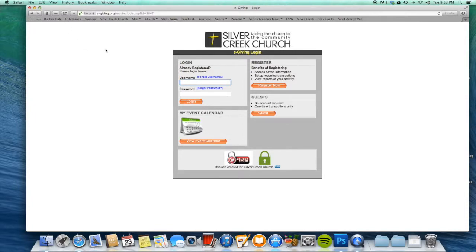When you're at this page, you have a couple different options to proceed with. If you're already registered, you can go ahead and log in with your username and password. If you haven't registered, you can do so in the top right corner of that box. And it gives you a few different benefits of registering. One is it saves your information so you don't have to enter it each and every time. It also gives you the ability to set up recurring transactions, and it gives you the option to view reports